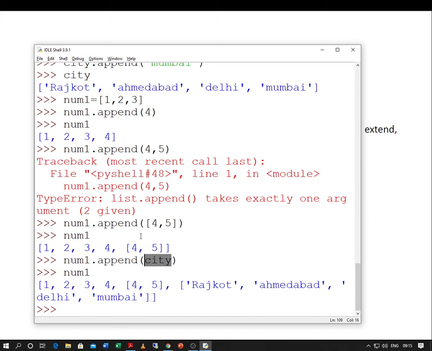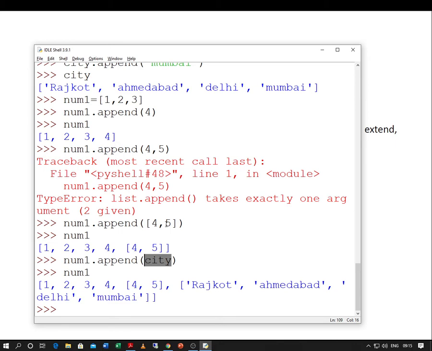But in the sense, you can add directly or indirectly one or more values at the end of the list. Single value directly, multiple values through a list. Okay, but those elements will be added towards the end of the list.